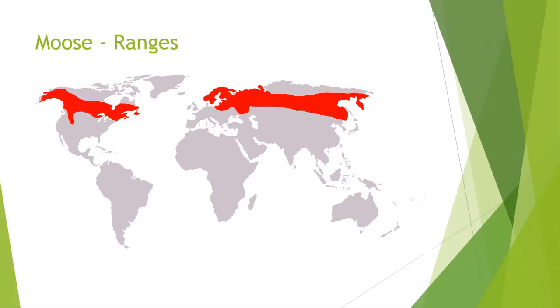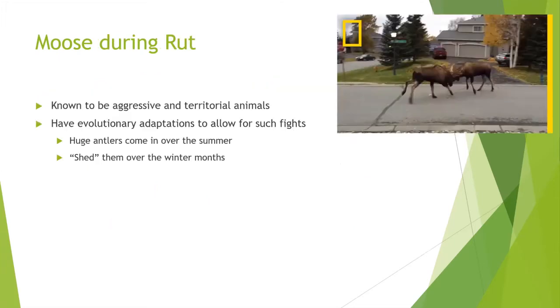As we have these two universities inside of Canada and inside of Russia, we can take a look at the ranges of moose over this, and we can see that it pretty much blankets both of these countries, which have a moose population. So it is a cultural touchstone for the both of us. And the moose across this area, well, during rut, they like to fight with one another. So they're known to be an aggressive and territorial animal. Here, for example, is an image from National Geographic in which they are fighting in the middle of a downtown street inside of, I believe, somewhere in Alaska that this fight happened.